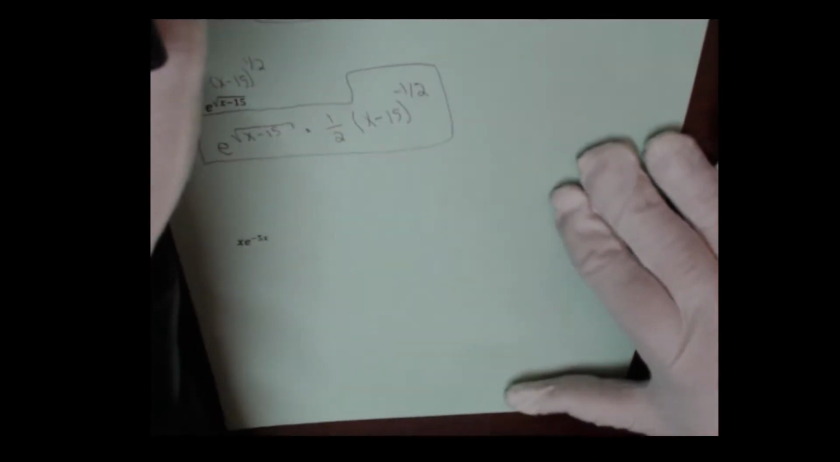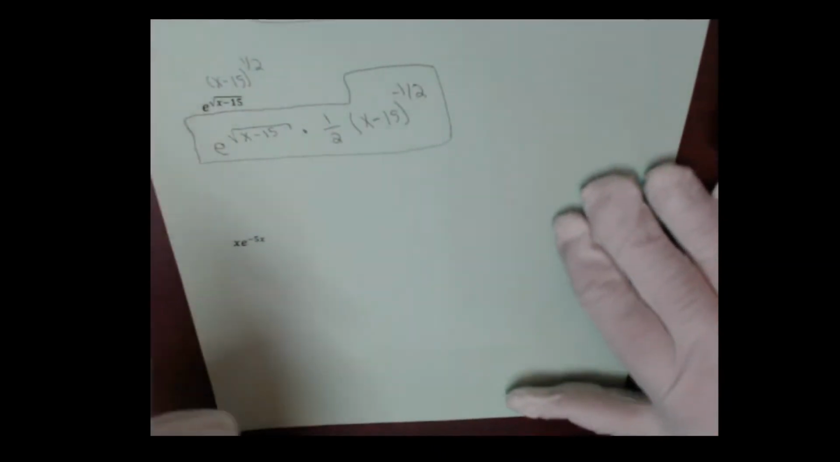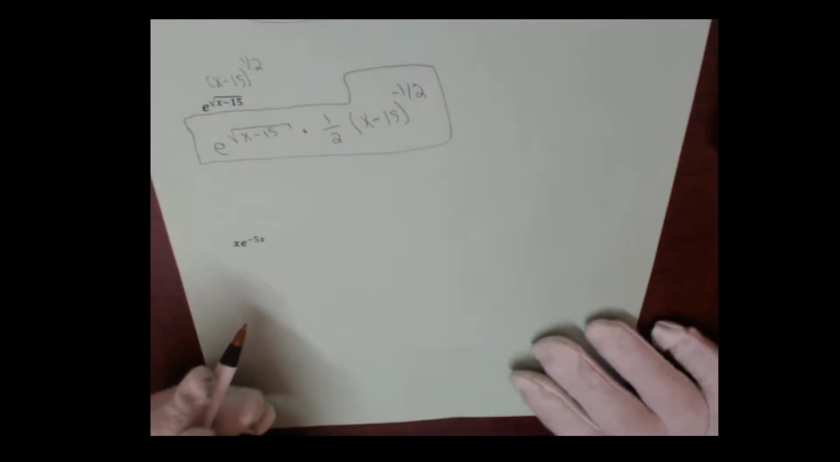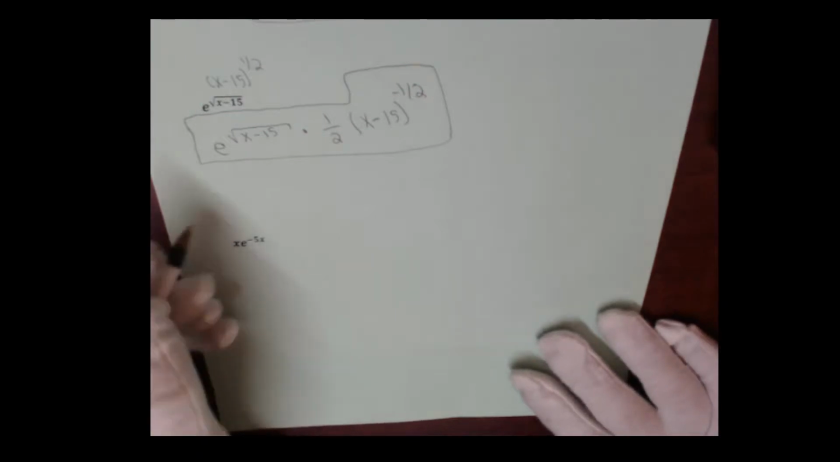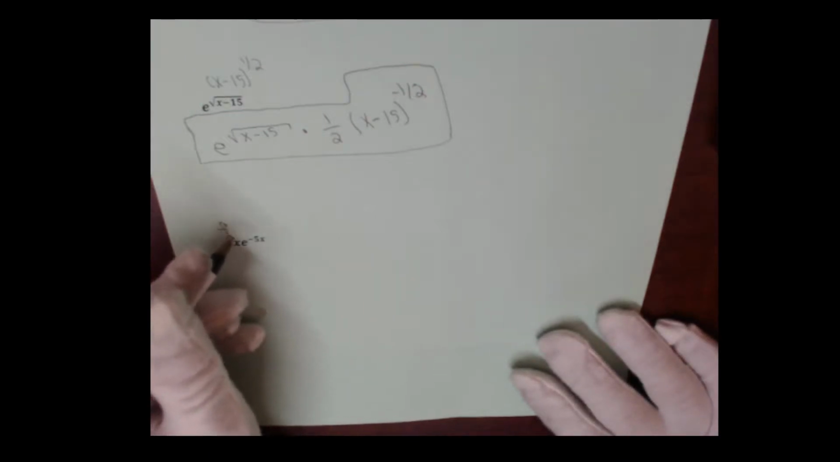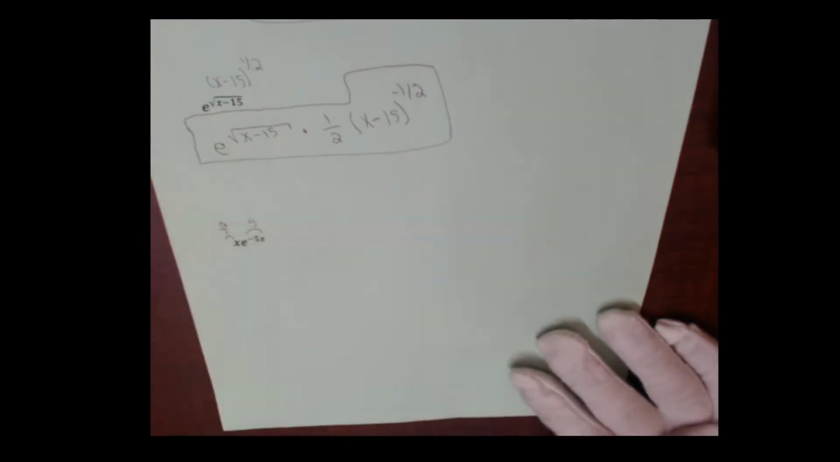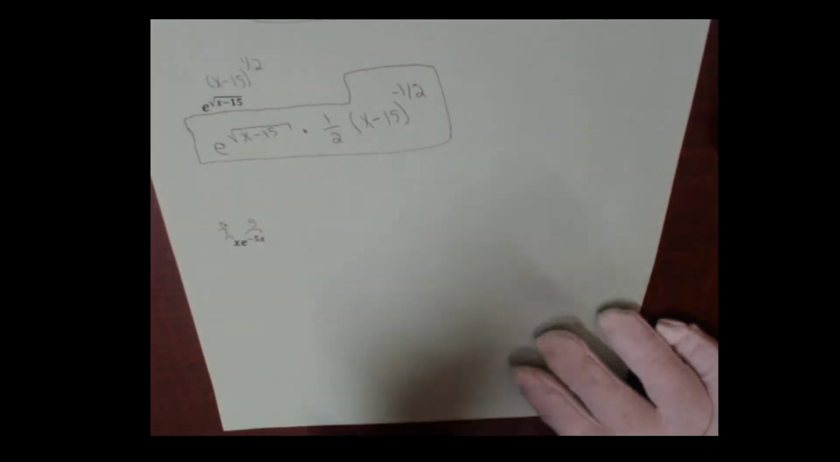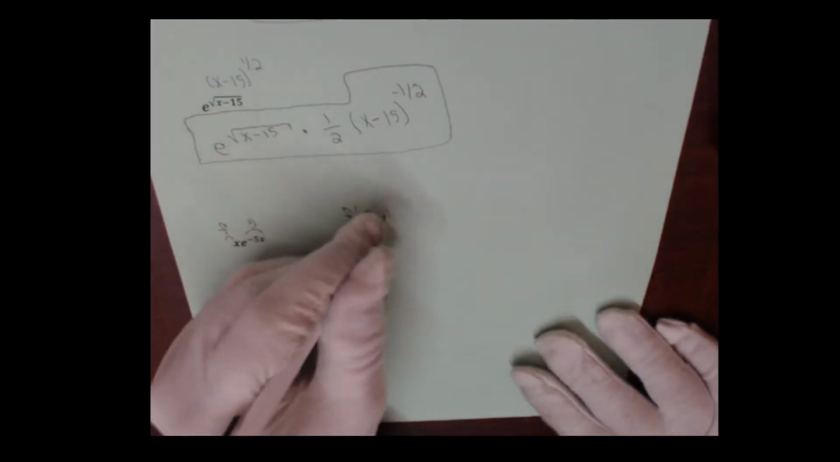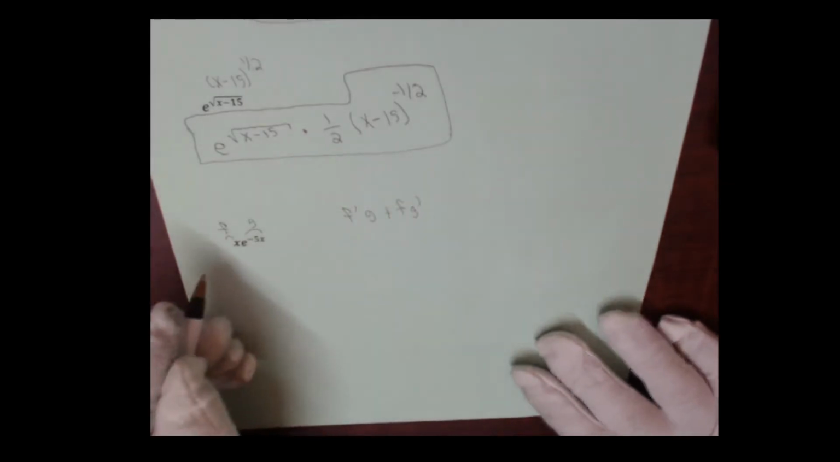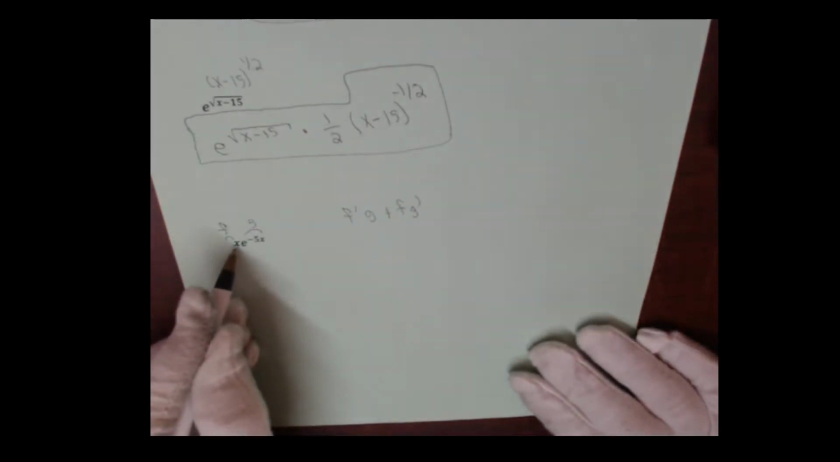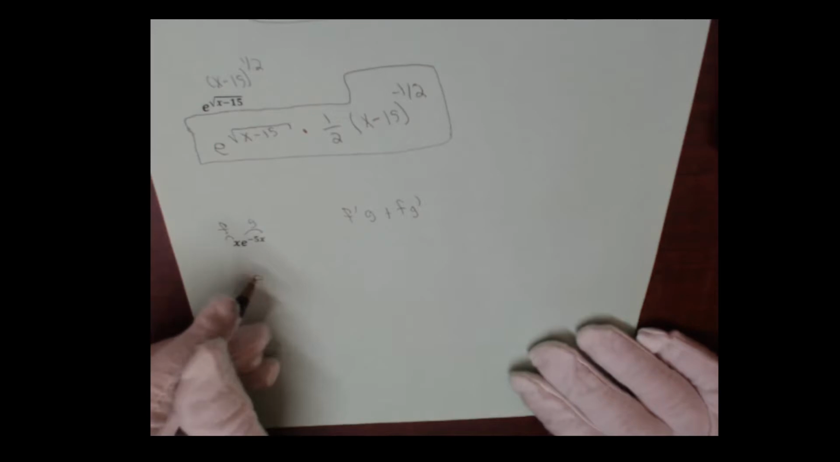Let's do the last one in this section. What's the derivative of x e to the negative 5x? In order to do this, we'll do the product rule. So this is f, this is g. So it's f prime g plus fg prime. So start with the derivative of x, which is 1, times leave g alone,